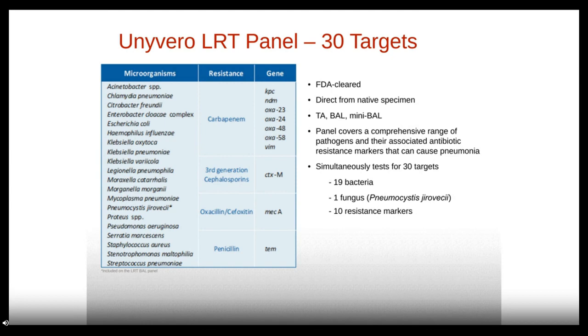Another part of the assay is the detection of resistance genes, genes that are associated with carbapenem antibiotic resistance, CTX-M specifically for the 3rd generation cephalosporins, specifically ESBLs, and the mecA gene, which is responsible for resistance to oxacillin and/or cefoxitin or both, and then the TEM gene, which codes for the enzyme penicillinase, rendering the organism resistant